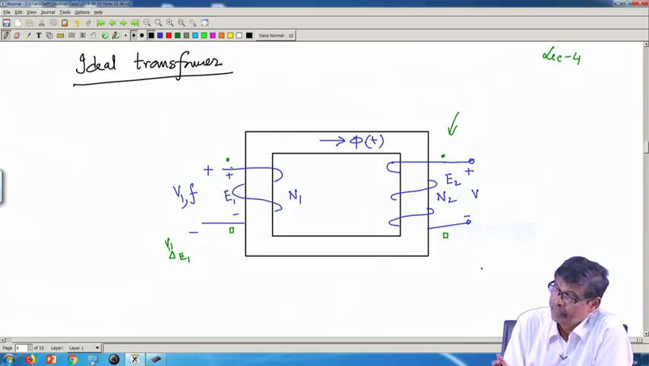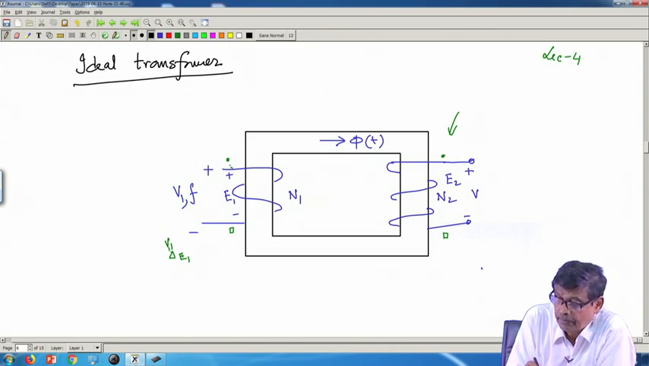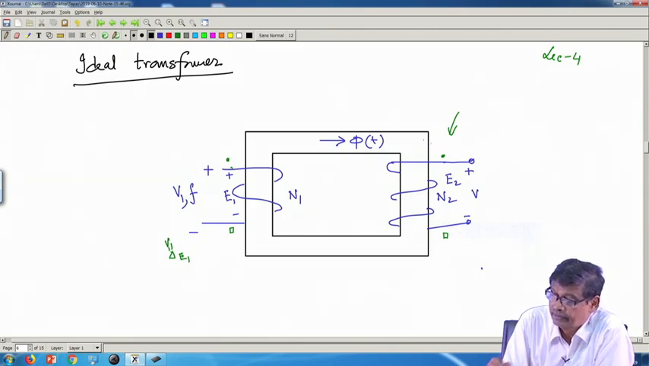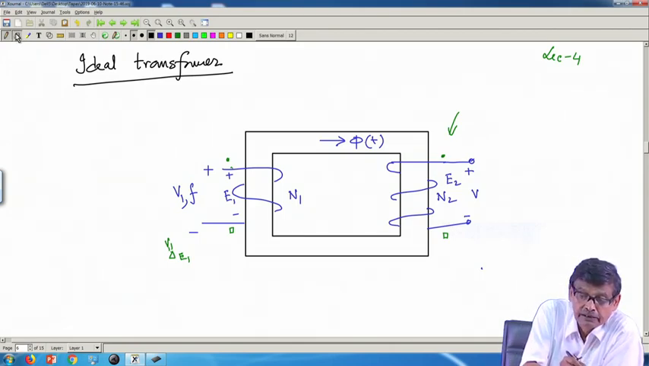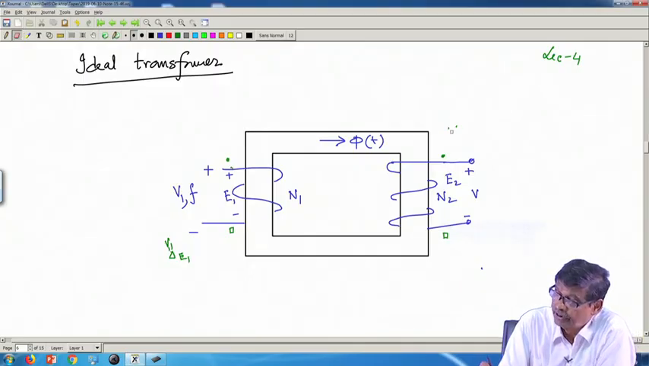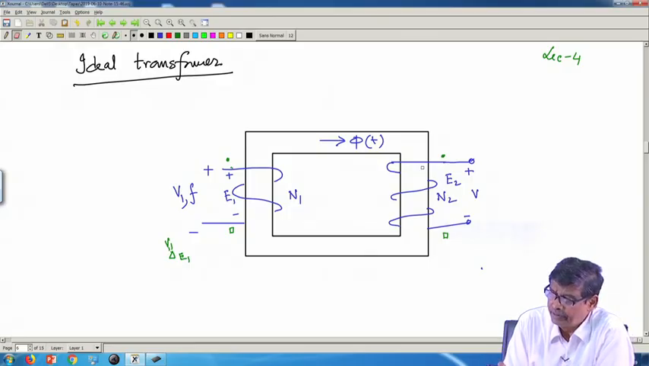and this phi, being time varying, also links this coil and you have induced voltage. Then I told you about the dot marking, these are called dot markings, how to find out the dot markings by applying Lenz's law. So that everything is now